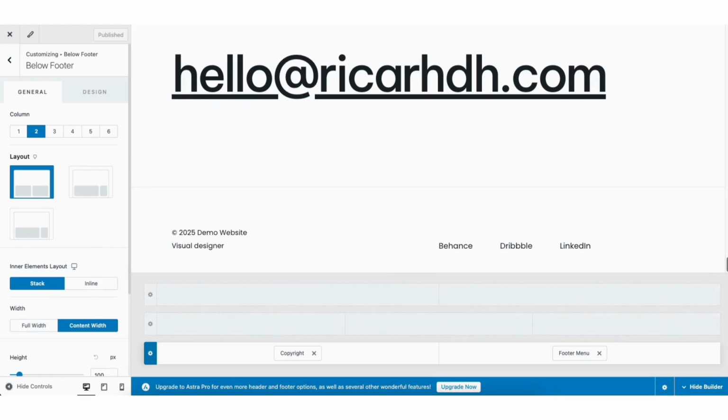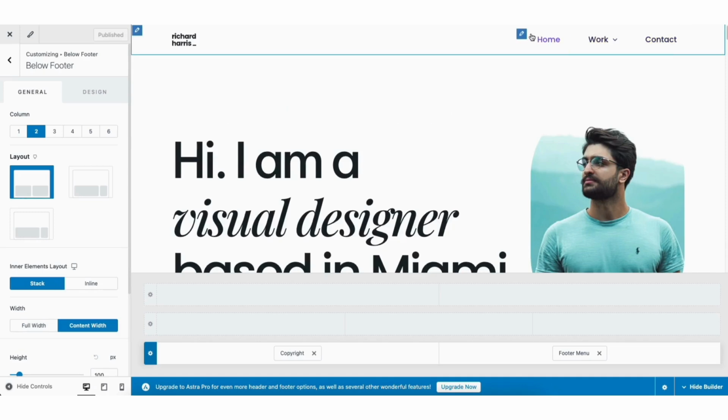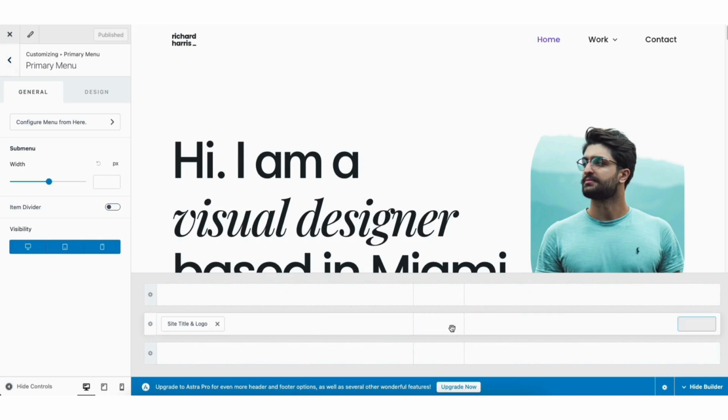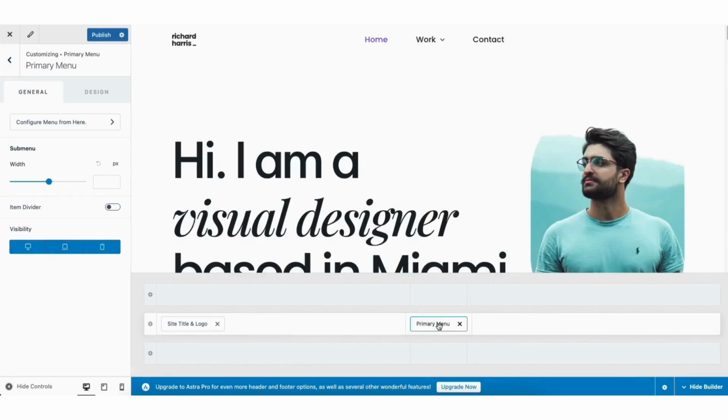Scroll up to the header area of your site. If you click into the header area of your site, you can make edits. Just click into an area and click the pencil icon. You can then make changes. In this section, you can move things around to change the look of the menu area to get it how you like it.